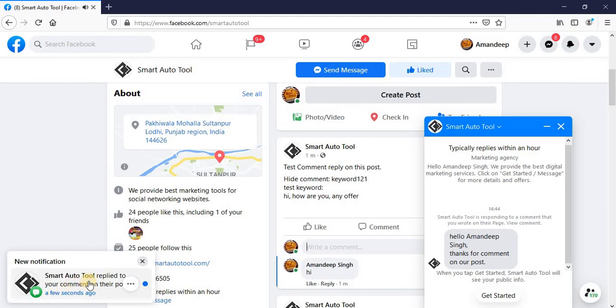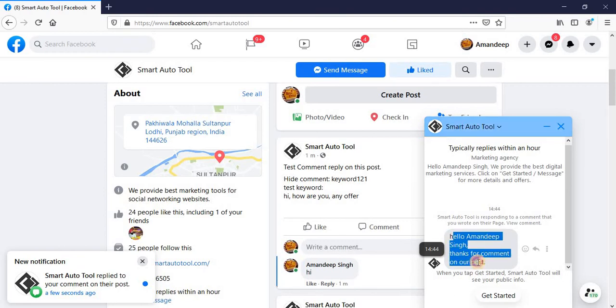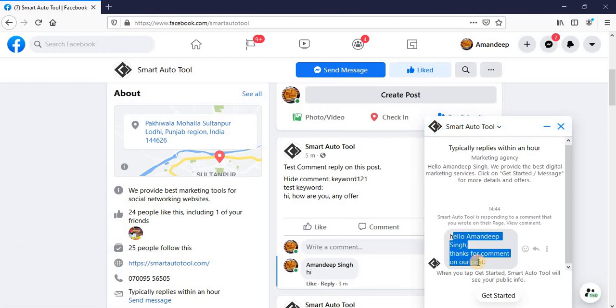Here you can see Smart Auto Tool replied to your comment on their post, and a private message sent by the bot. Now refresh the page to see the comment reply from here.